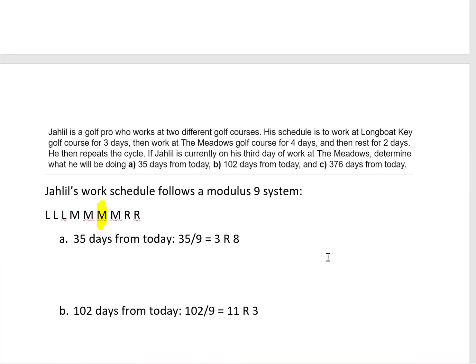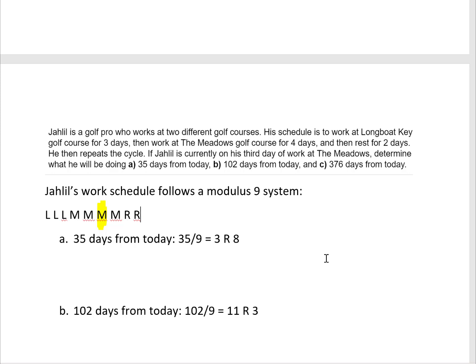Jaleel is a golf pro who works at 2 different golf courses. His schedule is to work at Longboat Key Golf Course for 3 days, then at the Meadows Golf Course for 4 days, and then rest for 2 days. He then repeats the cycle. If Jaleel is currently on the 3rd day of work at the Meadows, determine what he will be doing 35 days from now, 102 days from now, and